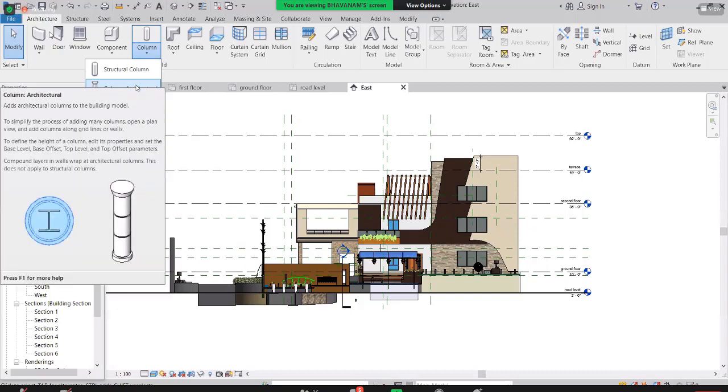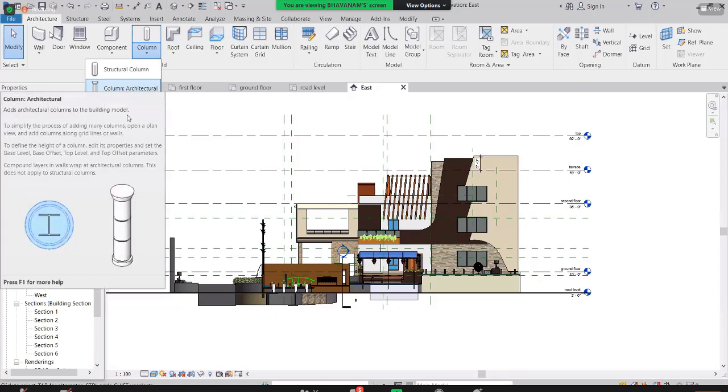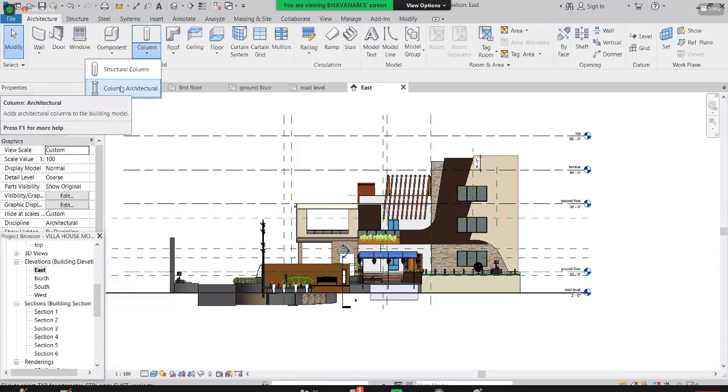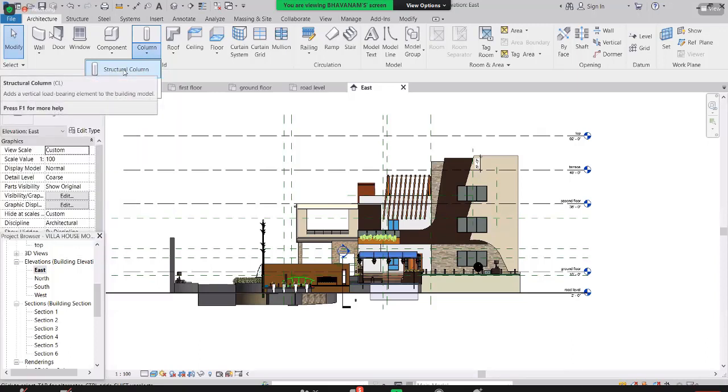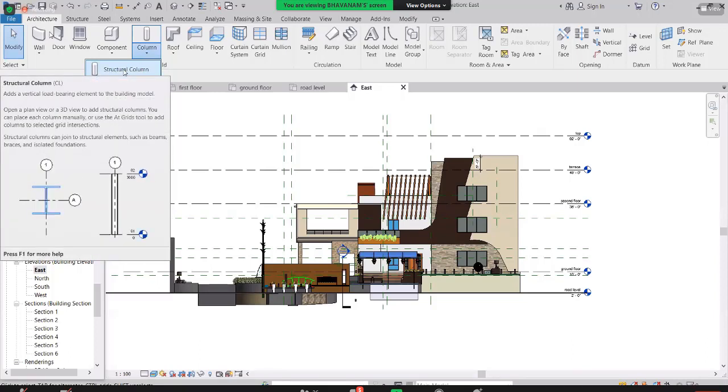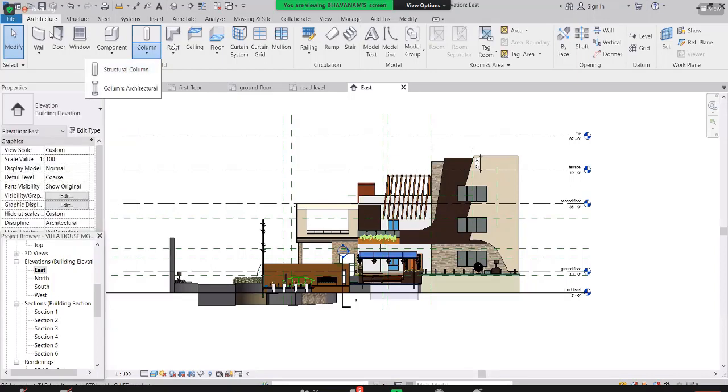What is the architectural column? See guys, in olden days we had a corbel type structure. Yeah, see this, whenever I place the cursor here, you can see it. That type of design is the architectural column. The structural column is rectangular, square and circle. Whenever you use a structural column, only then can you place the rebars inside that structural column in Revit. If you wanted to draw a roof, by going here you can draw the roof, and the ceiling and floors and the curtain walls.